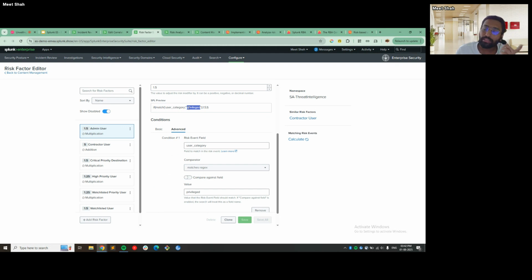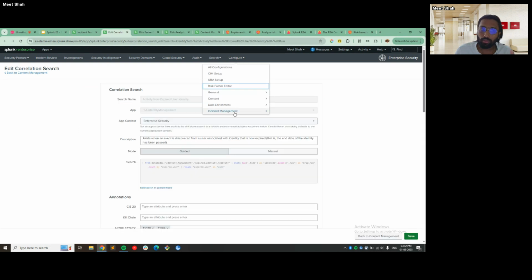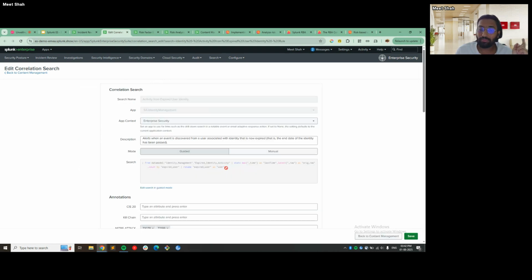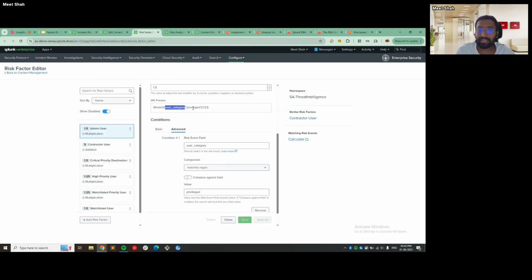So the answer is again the assets and identity framework. What it will do is, even if you get the user as the outcome of this search, it will link this user with the identity lookup, and it will try to see the user category of that user. So if the user category, which is a part of the result from this use case, is privileged,